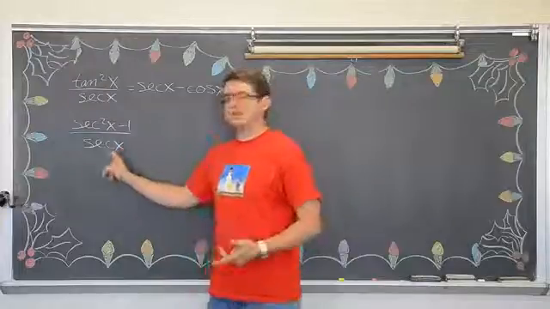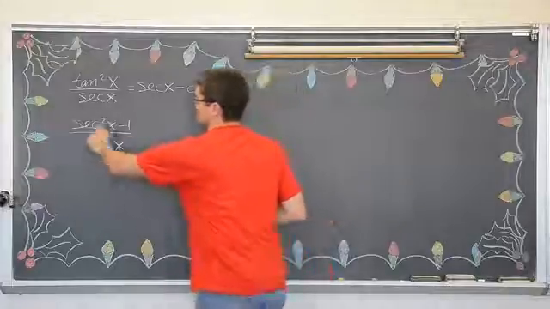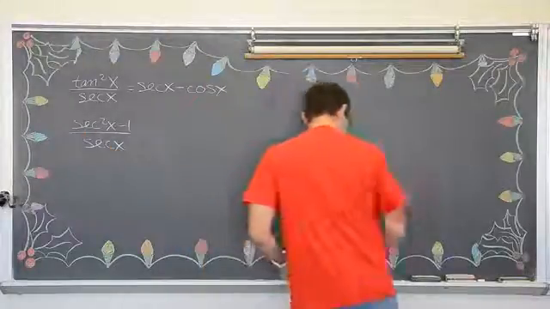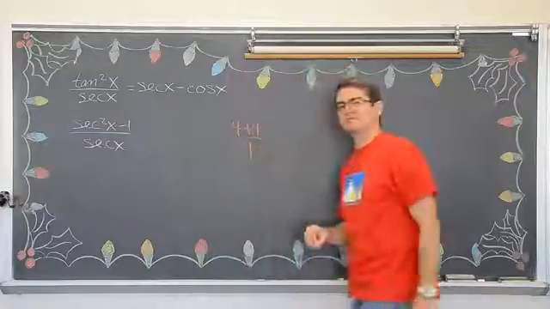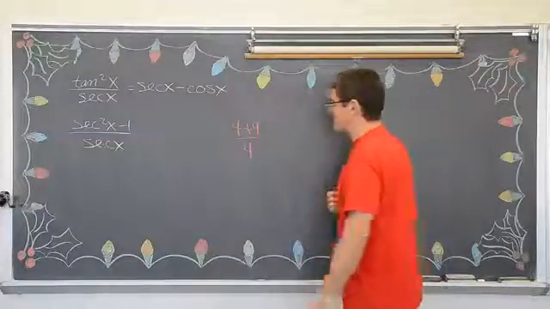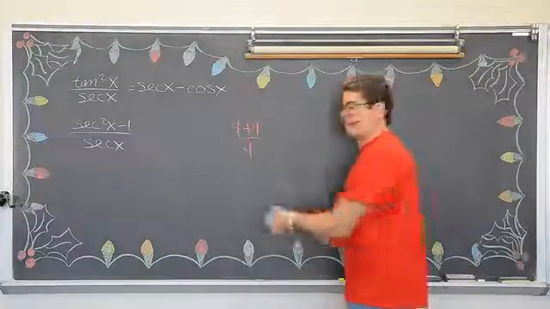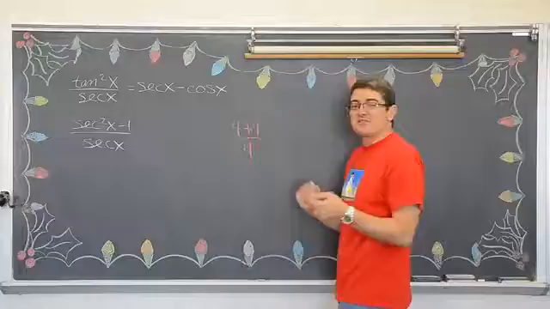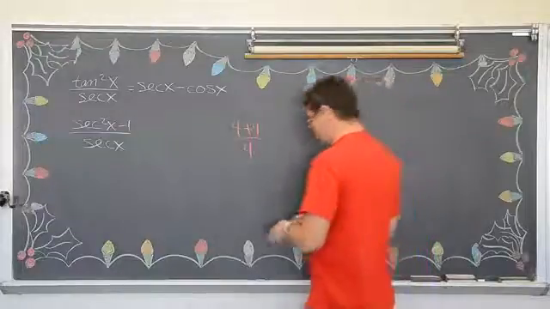My students like to say something like, well, can't the secants cancel out? Well, canceling this secant out with this secant would be like saying that this is okay: 4 plus 9 over 4. My kids might be recognizing this if they're watching it tonight. So could I cancel these 4's out? I've got a common thing on the top and bottom of this fraction, but it's a common term. And if I cancel out the 4's,